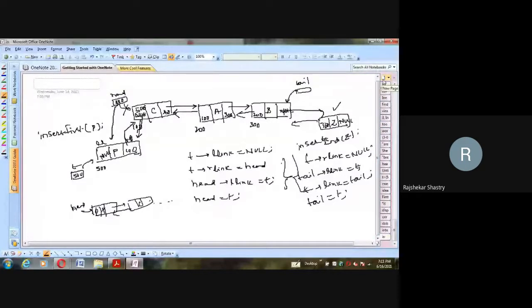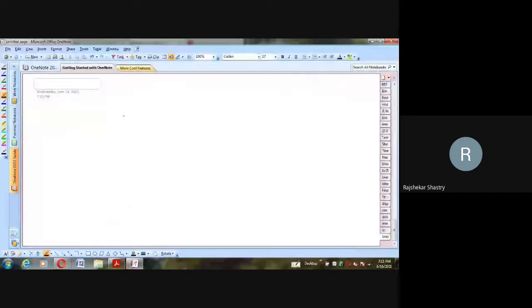Now come to the insertion in the middle, maybe after A, before A, whatever you call. That particular one also will become very easy. So let me redraw the structure and discuss inserting the new node in the middle. This is the first node, this is my second node, and this is my third node, having the respective data A, B, C, with addresses 100, 200, 300.